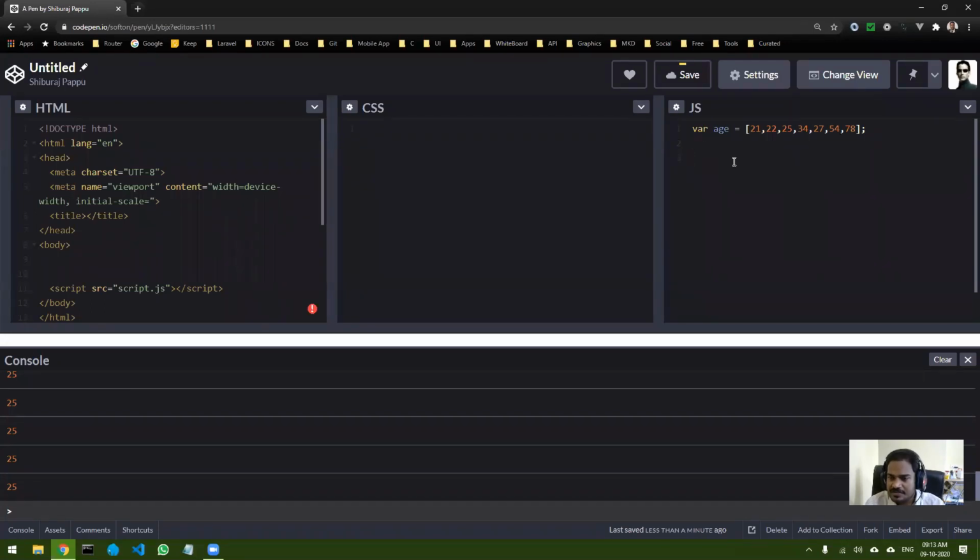Now for understanding the first method, you should understand what length is. Okay, so what is the length of your array? So let's do a console log, and instead of age and index, we will do age dot length. Okay, so let's see what happens. As soon as you do age dot length, you can see it gives you the value 7. Okay, so what this 7 means is you have 7 elements in your array. Okay, so you can see 1 2 3 4 5 6 and 7. So 7 is the count. Okay, so there are 7 elements.